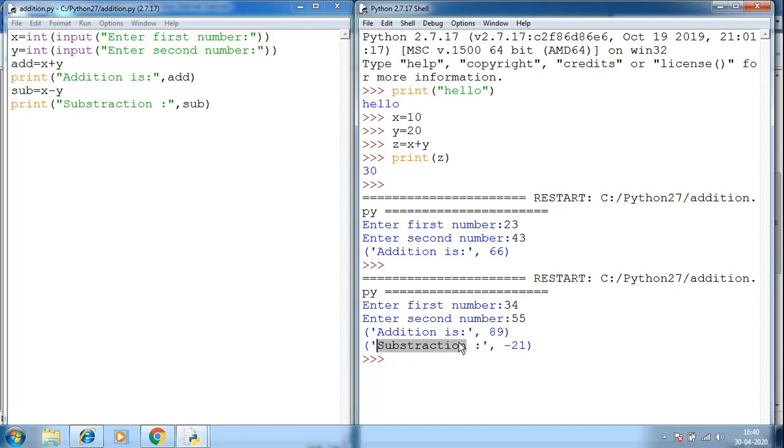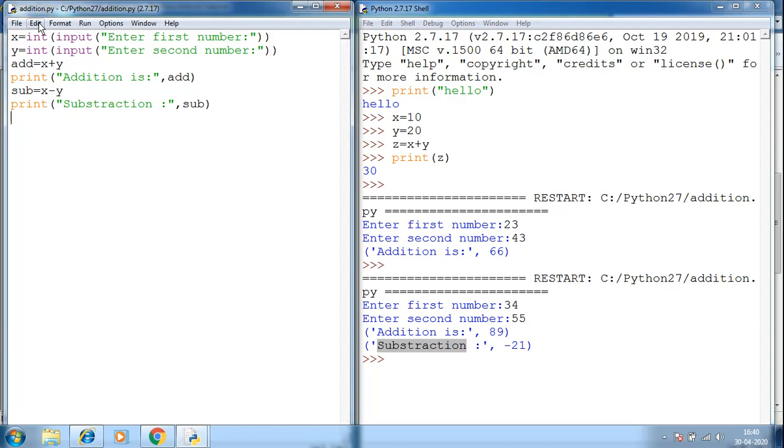So using this Python development environment is very simple. It is convenient. It also provides you Python help and it is authentic. It is provided by Python itself. It is free of cost.